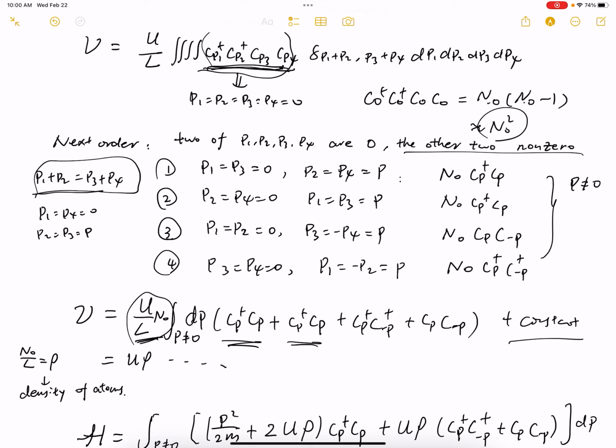And is that actually the same as one of the terms here? I think it should be the same as the first term. But would that make a factor of 2 in that term? If you write this down, what do you have? So let's try to write this operator down here. You're going to get an N0 here, and then you are going to get C_P dagger C_P, right, in this way. And isn't that the same as